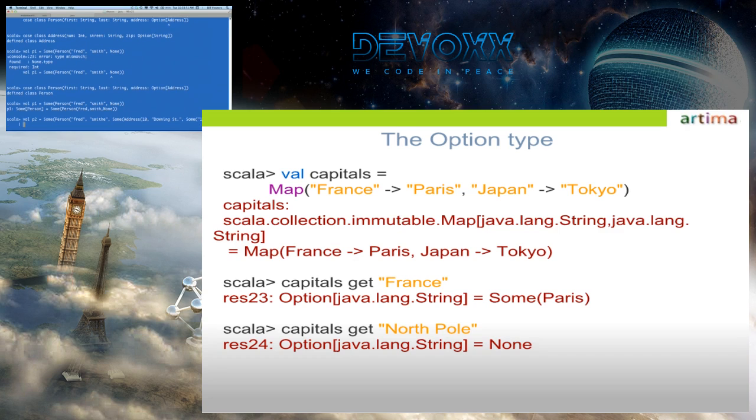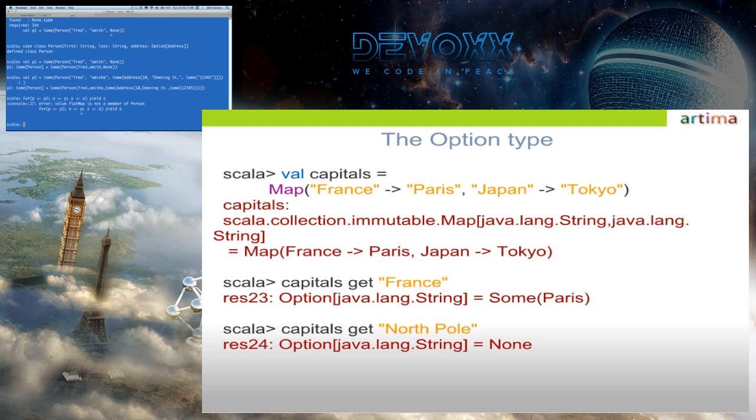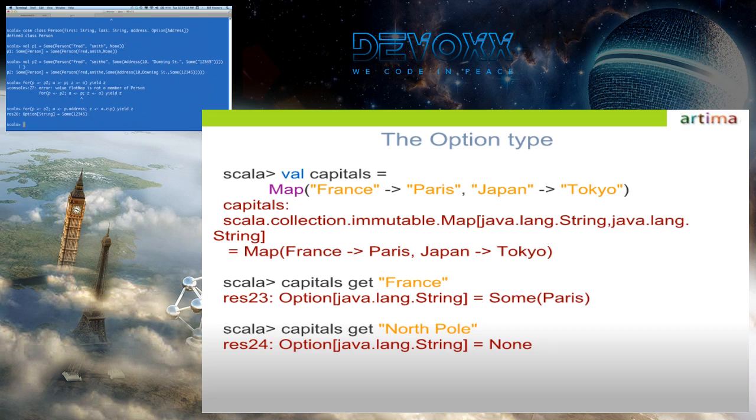Is the for expression? Yeah. I obviously missed one. There we go. Good enough. Now, what you can say is something like: for p <- person from p2; address <- person.address; zip <- address.zip yield zip. Let's actually try putting the things in there. Dot zip. There we go. So